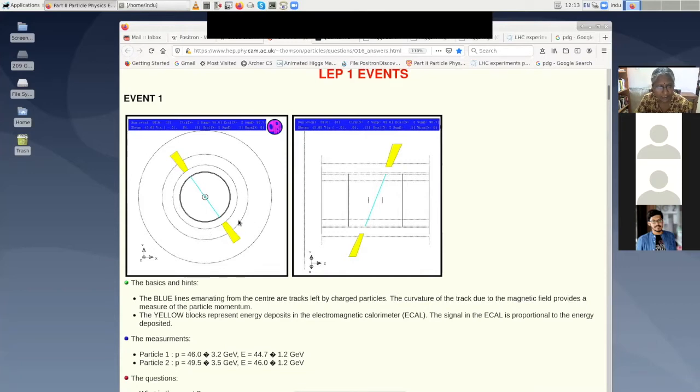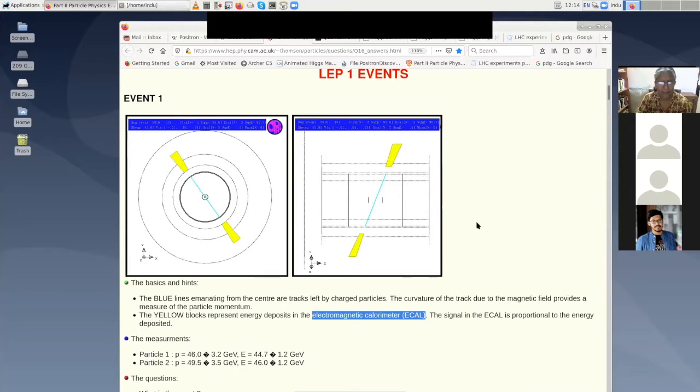Outside the central tracking chamber is what is called the electromagnetic calorimeter. Any energy, the yellow energy, that is deposited there tells you that some electromagnetic particle is coming and having electromagnetic interactions with the detector. Outside that is the hadronic calorimeter, and all hadronic particles will deposit energy there. Way outside, if there is energy deposited, that is usually the muon, because the muon interacts least with all matter and travels the furthest. So remember this: blue is the tracking, yellow is the electromagnetic part.